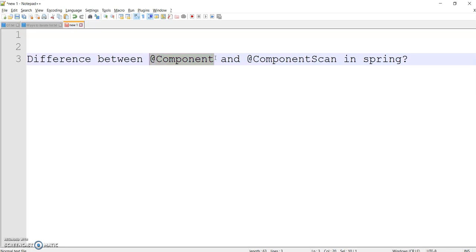@Component is the annotation which we mention at the class level. So any Java bean, if we mention this, the class is eligible for component scan. This denotes that this class is a component class or a Spring Bean, and this class is flagged so that when the component scan happens, these classes will be detected and configured in Spring context.